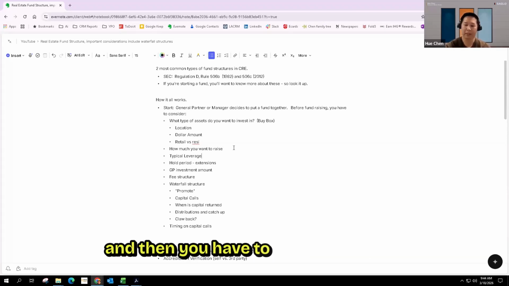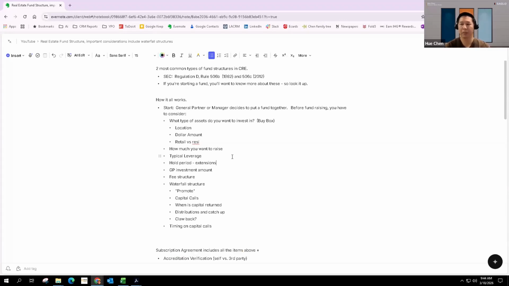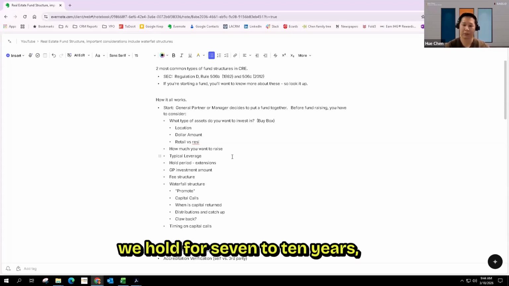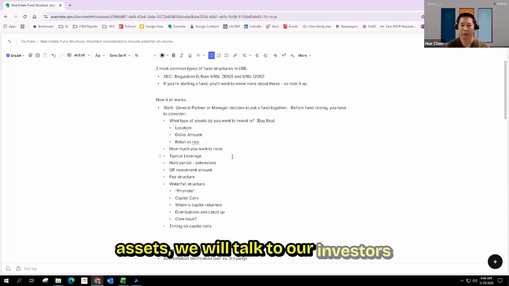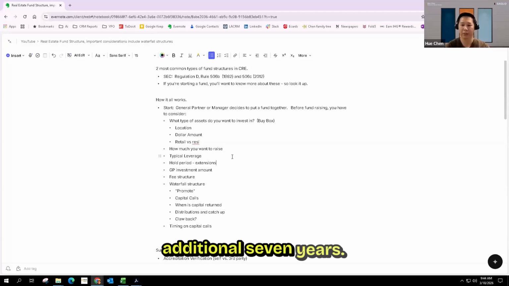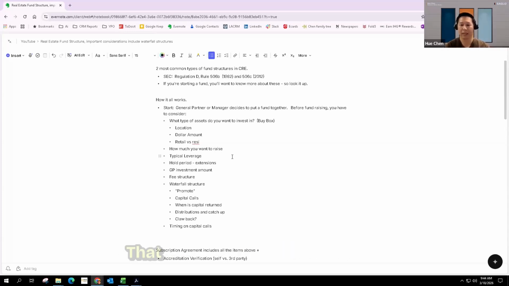And then you have to think about how long you want to hold. We hold for 7 to 10 years, but in reality, when it comes to year 10, if the properties are still good, if the communities are still strong, and we still see a future in those assets, we will talk to our investors to see if they want to go for an additional 7 years. It's just that a lot of people don't want to invest in something that has no end date at all. That being said, there are also a lot of funds that do shorter hold periods like 3 years, 2 years, 4 years. And those are your burn and churn type of funds, the equivalent of house flippers,